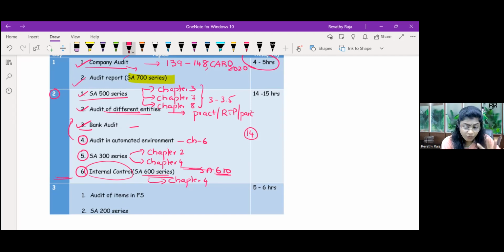Now, if you feel, okay, in the SA 500 series, I'm very strong, I know the 500 series concepts very well, what you will do is, in the 500 series, first have a rapid recap. And 501, you will jump. In 501, if you feel again that you are very strong, you will just revise 505. If you feel you have forgotten 505, you will take a little more time.